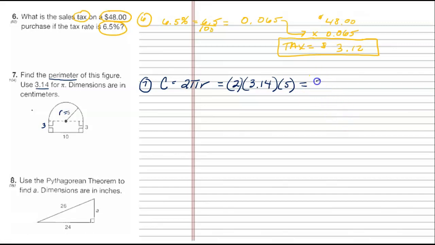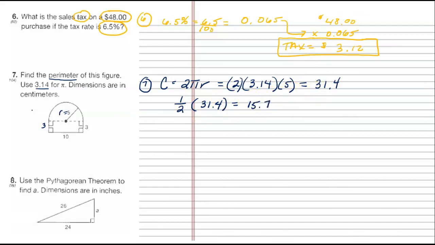Is that right? Yeah. Okay. So that's for the whole circle. So I need to take half of that for this half of the circle. So divided by 2 gives me